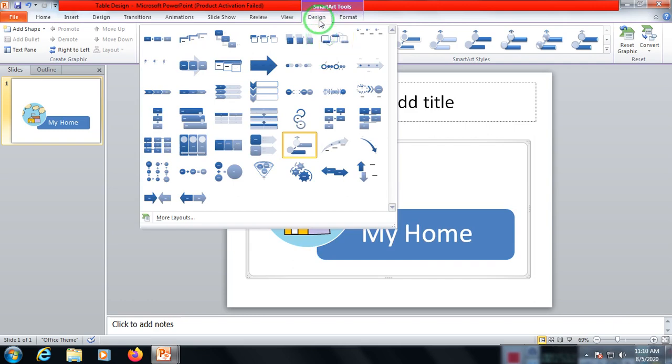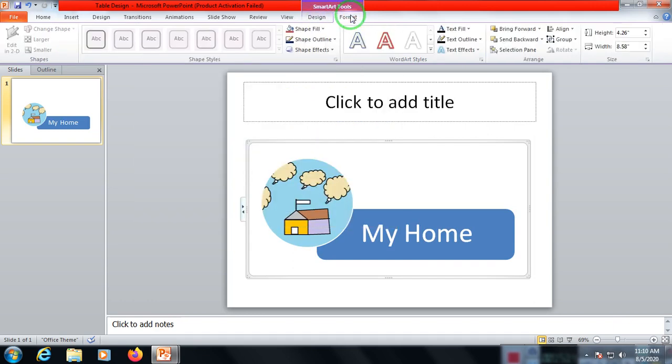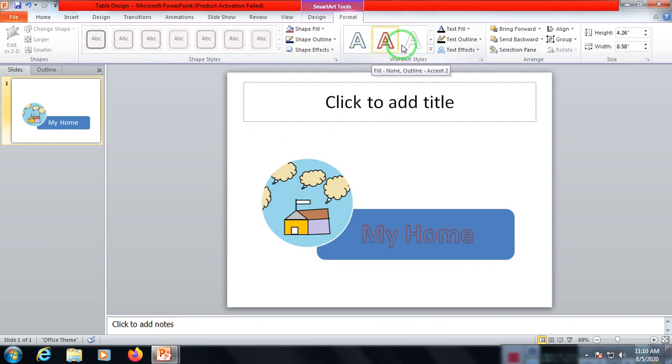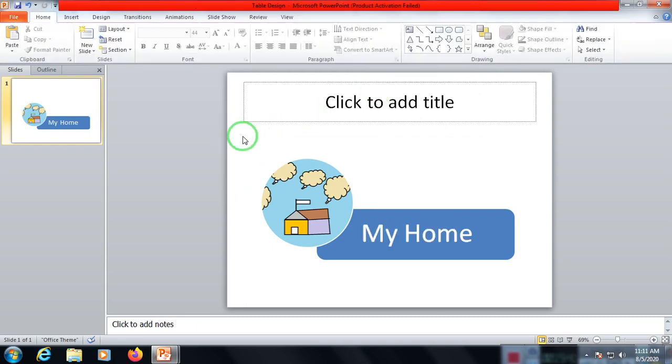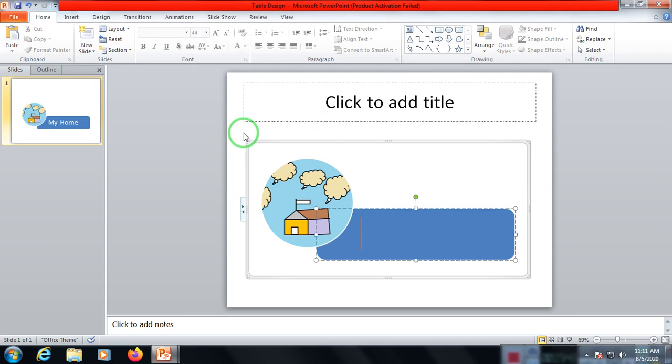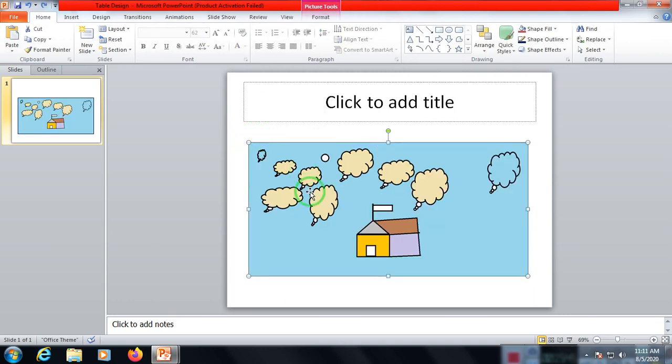There are more layouts available over here. Okay, and then a format, which type of format you require. We can select a format for a text, and we can format different things. So we can format a text as per our requirement again. That means we can customize a picture or a slide in which we have a picture as per our requirement. Clear this thing? So this is how we can format our picture.